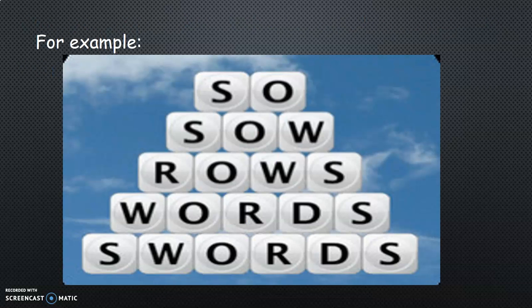Now see the next example here. The pyramid is starting with a two-letter word, that is "so". We have to add one more letter and it becomes "sow". We have to add one more letter and it becomes "row". We have to add one more and it becomes "words". We have to add one more letter and it becomes "swords". So in this way, this is what a word pyramid is. Hope you understood it. Let's move to the next game,